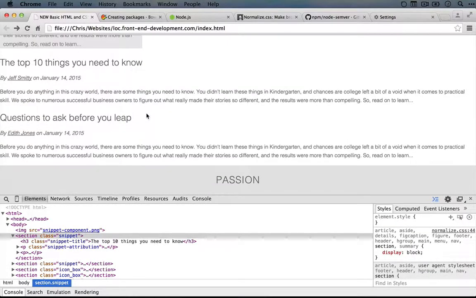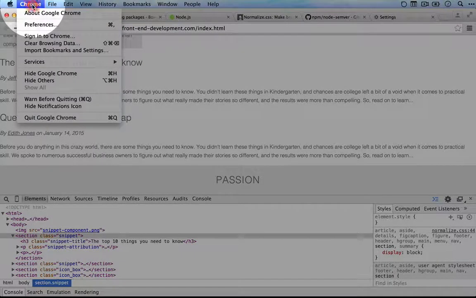So even though pixels have a lot going for it when it comes to setting font sizes, it has one critical weakness, which is that if a user of a browser changes their default font size, it won't affect text that has its size set in an absolute measurement like pixels. So let me demonstrate how we do that.